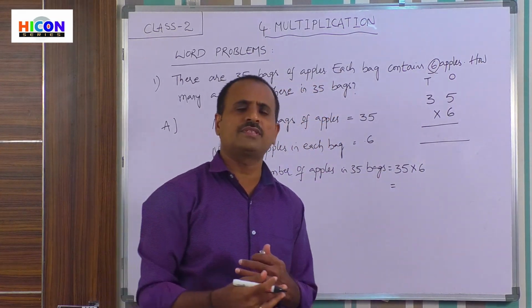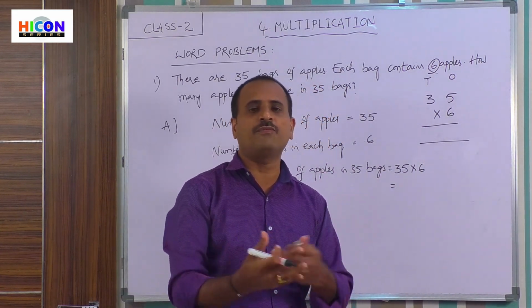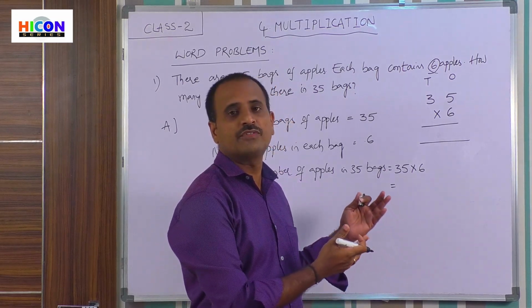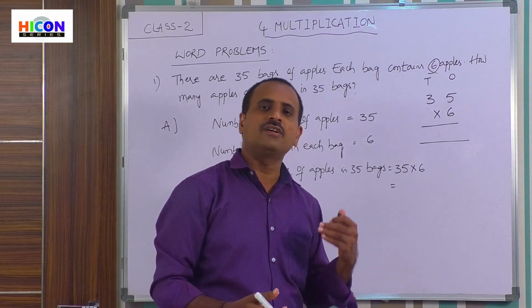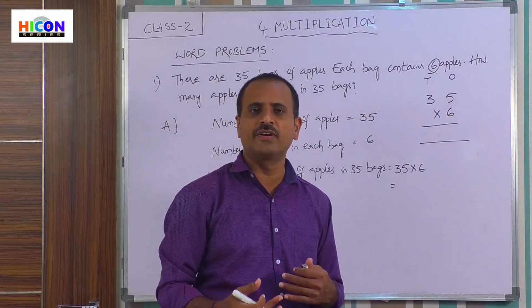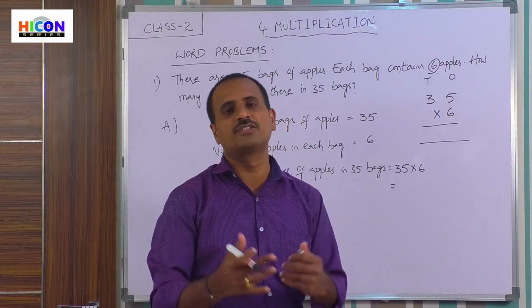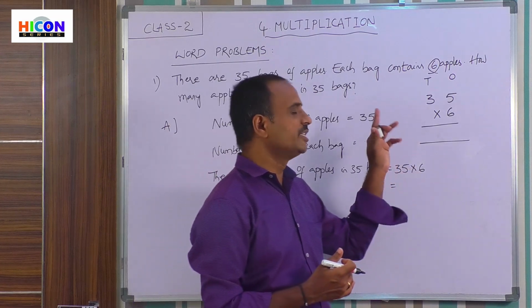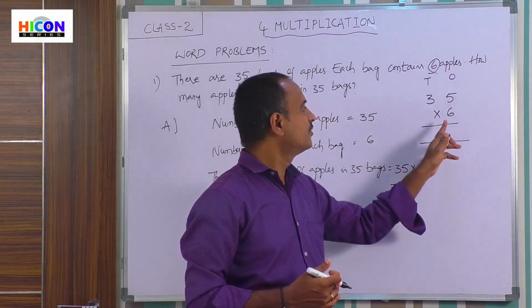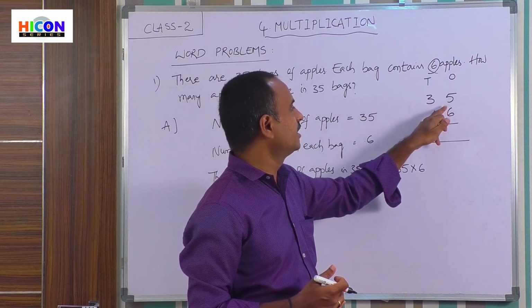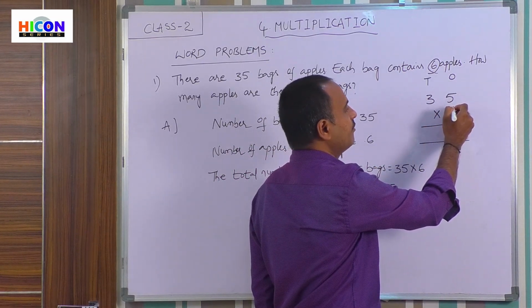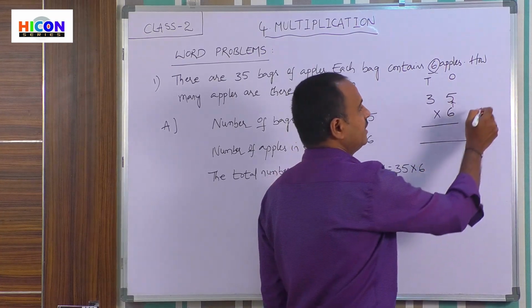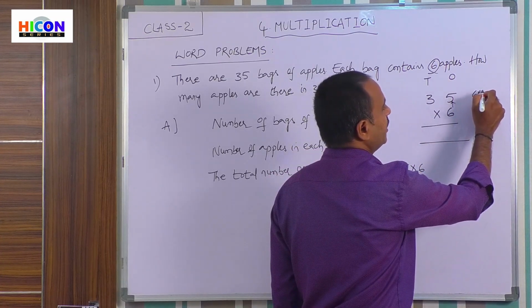So again the same process, we have practiced a lot of problems on the multiplication of these numbers. So how to start multiplication? Either addition or subtraction or multiplication, any one, we have to start from 1's place. So multiply the digit present in the 1's place with 6. What is the digit here in 1's place? 5 is present in 1's place. So multiply 5 with 6. That is 6 into 5.